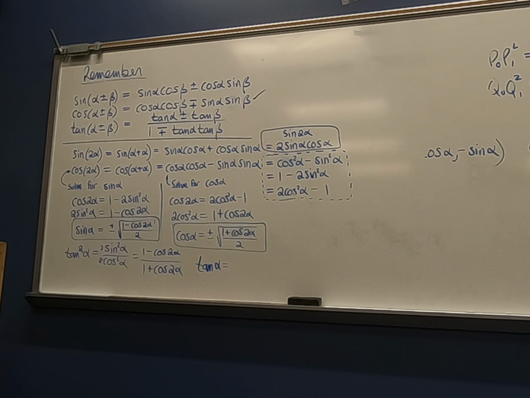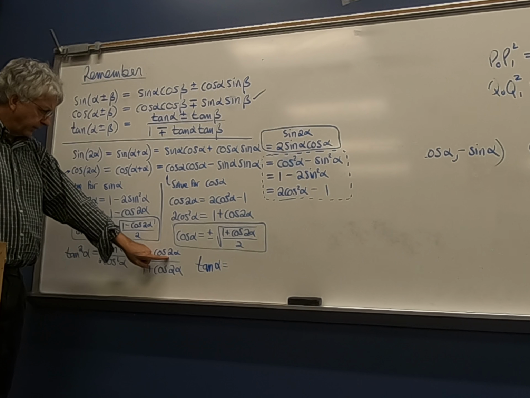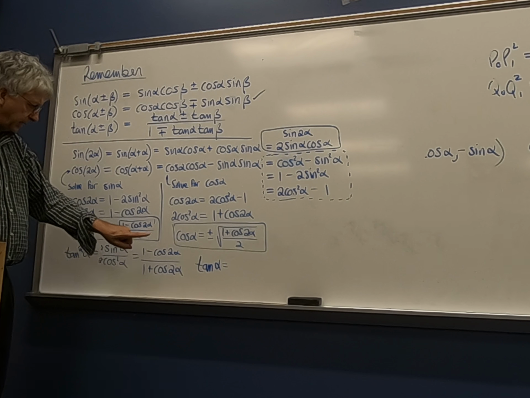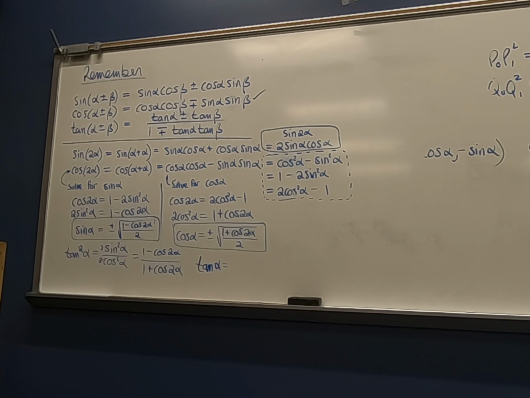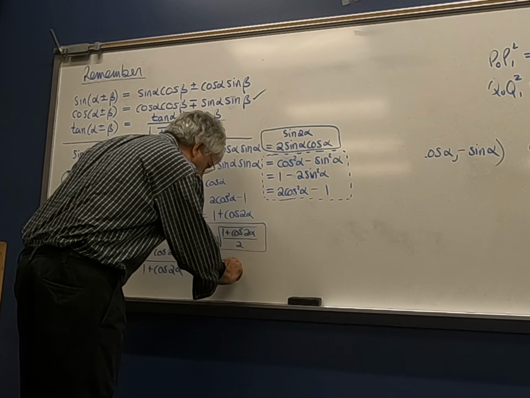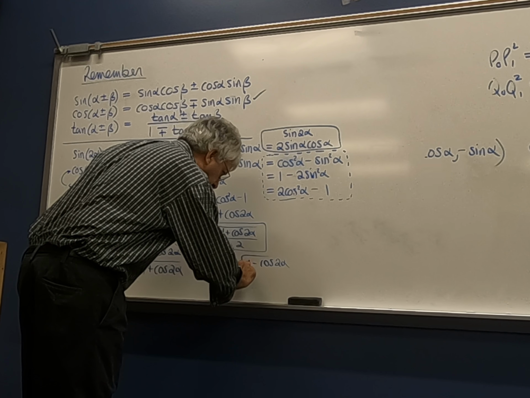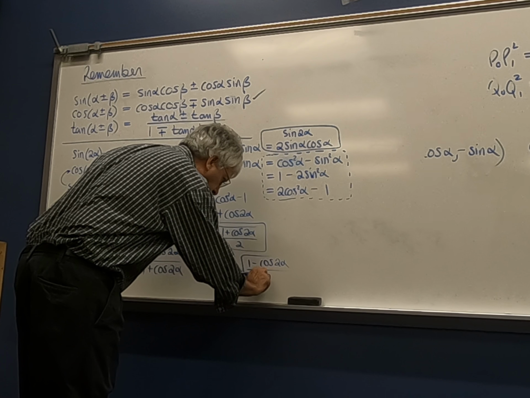Because we take a square root. I mean, this is a positive number, right? Because cosine of anything is less than 1, so 1 minus something less than 1 is positive. 1 plus something between negative 1 and 1 is positive. So it's going to be a positive divided by a positive there, which is positive. But when I take the square root, I'm going to get tan alpha, which could be negative. So I need to use a plus or minus again. So I get this 1 minus cosine 2 alpha over 1 plus cosine 2 alpha,